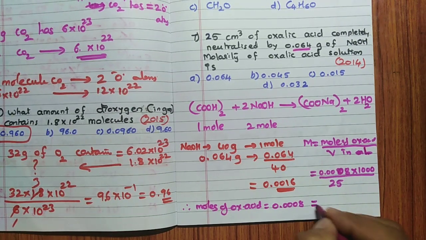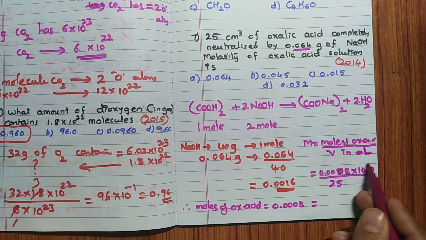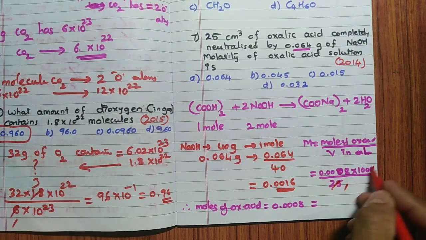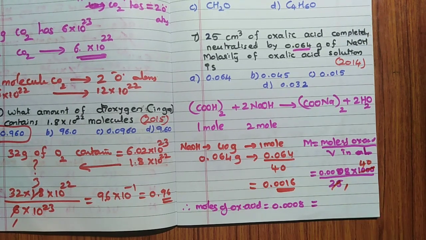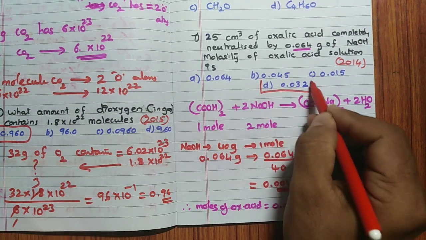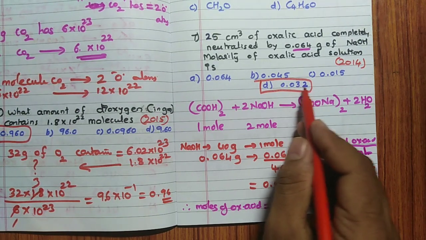Now simplify this particular question. How much will we get? Definitely we will get the answer. See, 25 into 40 is 1000. Correct? So 8 fours are 32. 32 is which answer? This one. It is not necessary to do it completely. Don't waste your time. 8 fours are 32. So the answer is here.